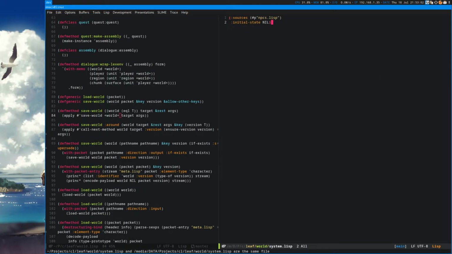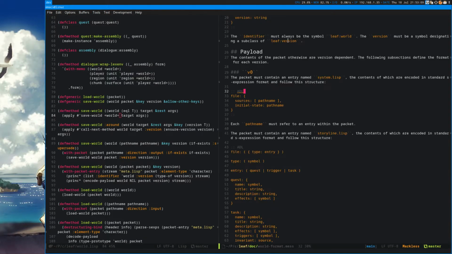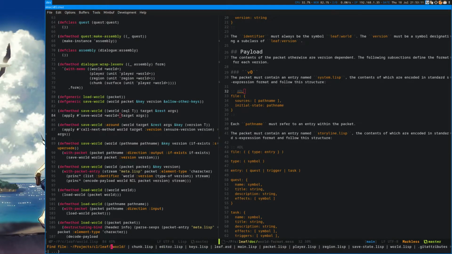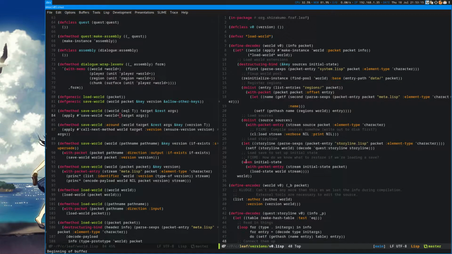So here the initial state is nil, which should be a pathname to a save state file that can be loaded, which is done in v0 here.